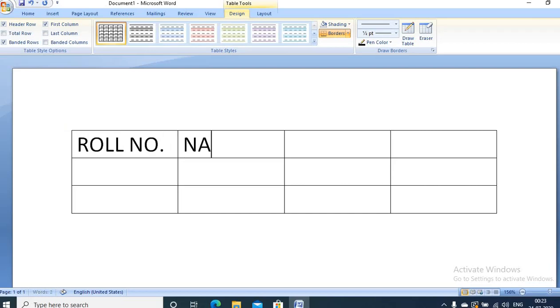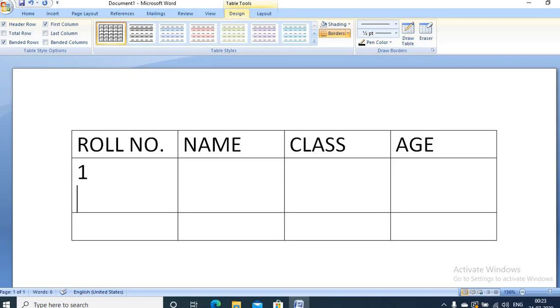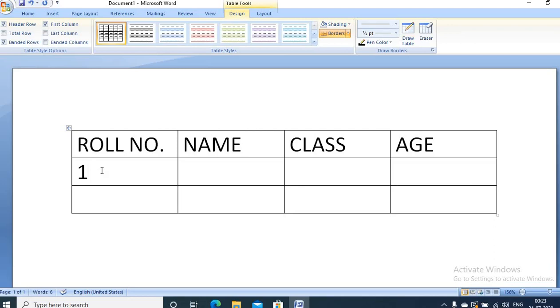Let it be roll number, name, class, age. Okay, now I'll fill the data in the cells. So for moving between the cells, you will make use of the Tab key.